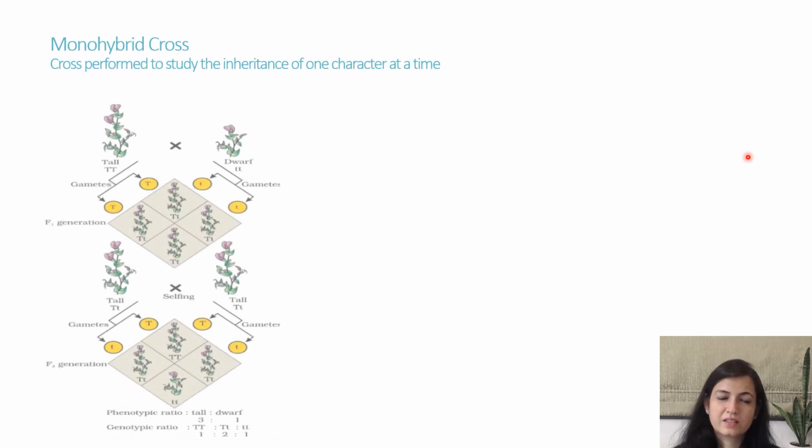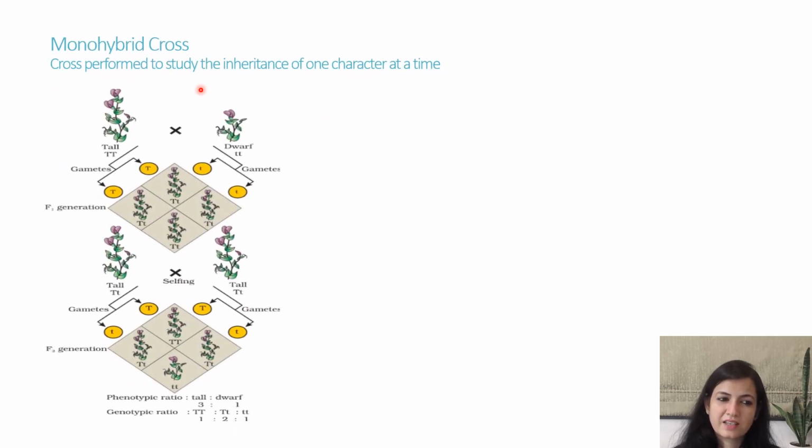On this slide I have taken this figure from the 12th NCERT. It is the similar description of which I had told you in my previous slide, that monohybrid cross is performed between the two plants with the contrasting traits. One is the tall, dominant tall, and the other one is the recessive dwarf. So they are pure for that trait. Then the formation of gametes takes place, cross between these two takes place, and F1 generation is produced.